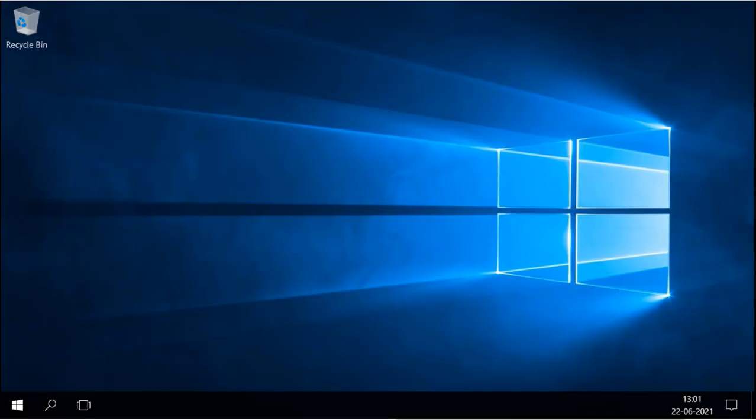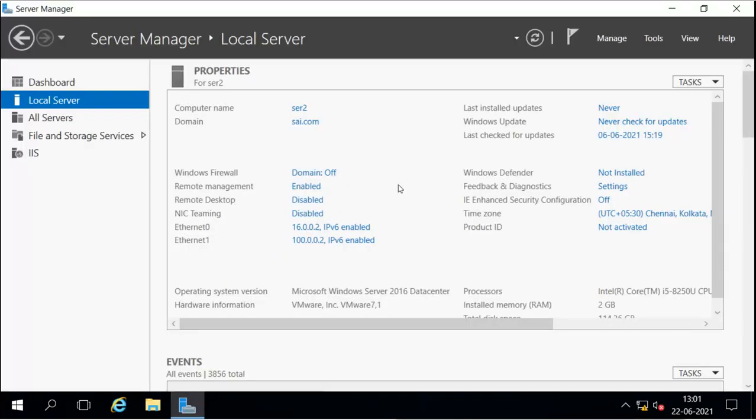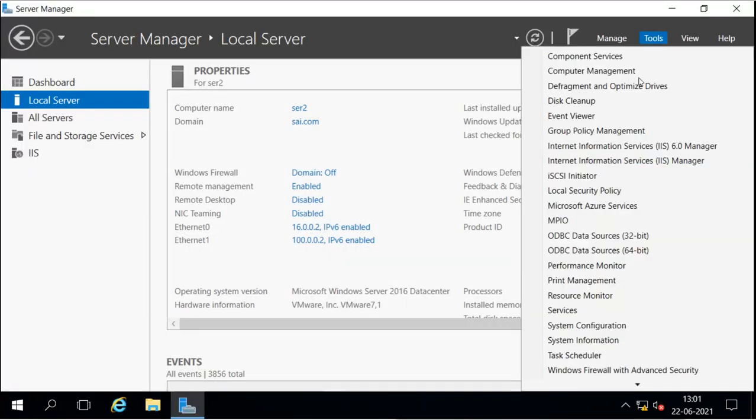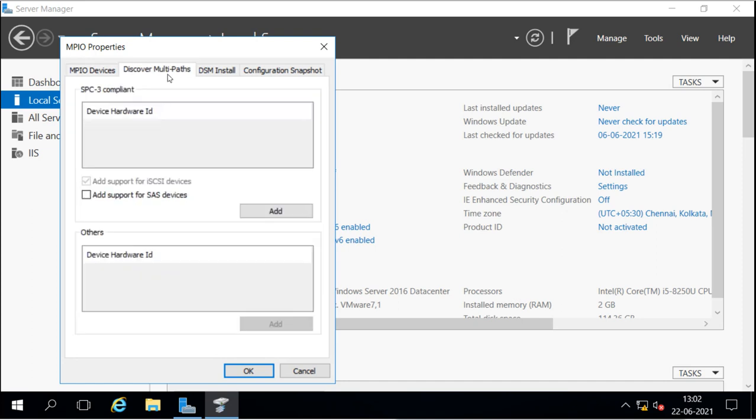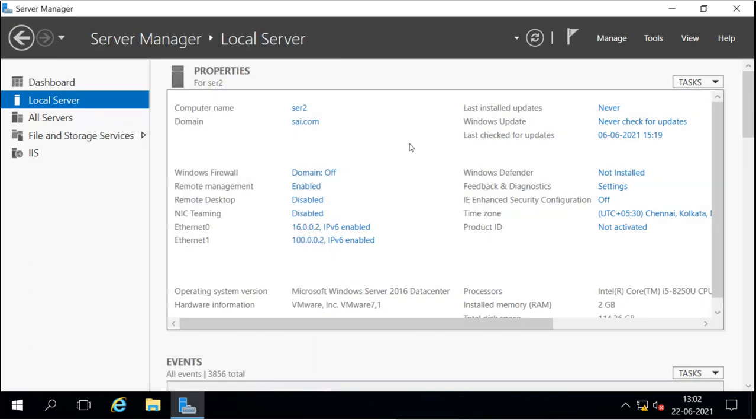Okay, now it is starting. After this reboots, we can verify that it is now supporting iSCSI, and we can see this here. This means it is now supporting the iSCSI also. Now we will configure the iSCSI target initiator to use these two paths. For that we'll go to this iSCSI initiator from here.